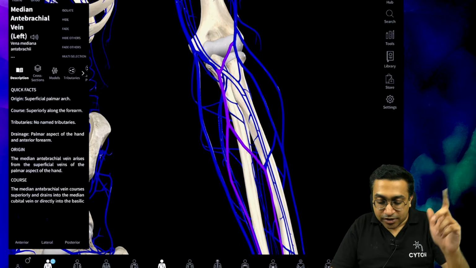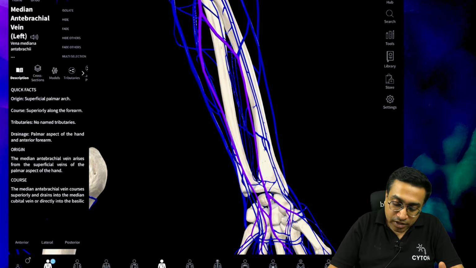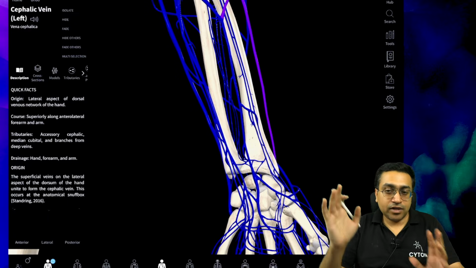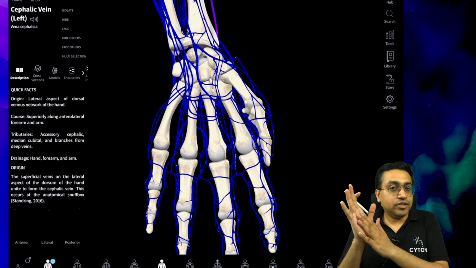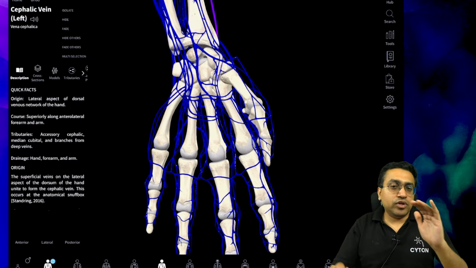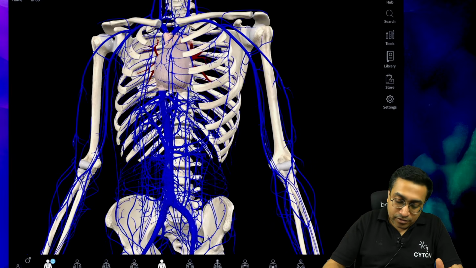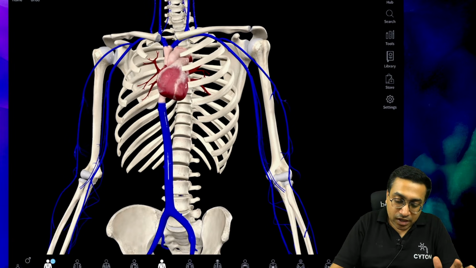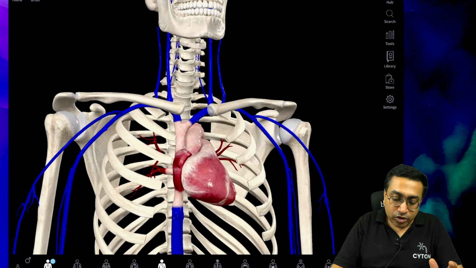We will discuss that region wise, why is it so, because right now you don't know in too much detail. Then we have this basilic vein and cephalic vein, which we discussed, lateral and medial. All right, and then we have a lot of veins in the palm region. No need to bother, no one is going to ask you too much in detail regarding this. Then let me bring back the less ones. I'm removing all the other smaller veins.